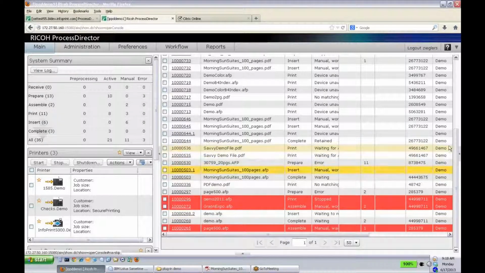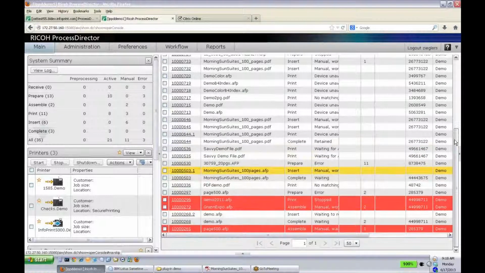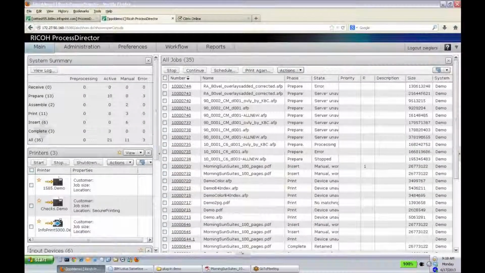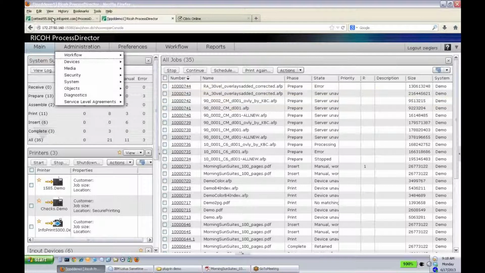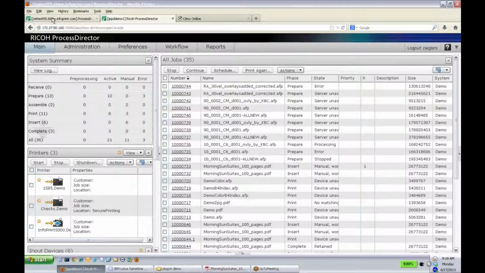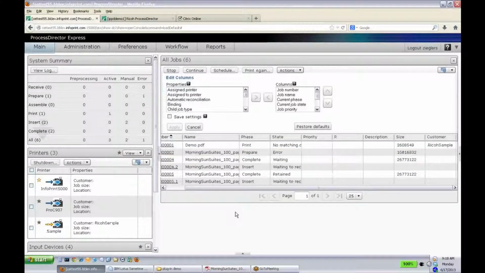These SLA screens are actually from RICOH's ProcessDirector offering. ProcessDirector has the same user interface as ProcessDirector Express, but is designed for transactional printing workflows based on AFP file formats rather than PDFs. This is a very richly featured system with much more functionality than can be shown in a briefing, but I hope this provides a flavor of what the dashboard is about. To summarize, the ProcessDirector